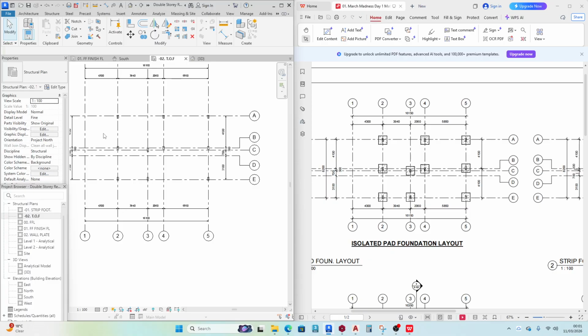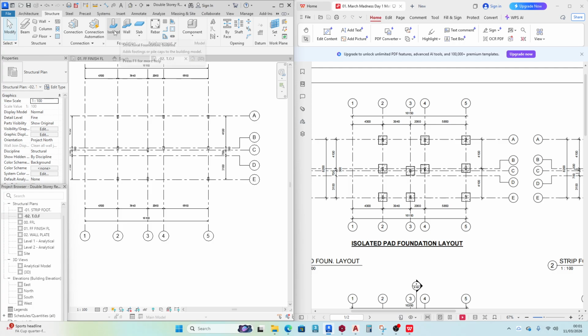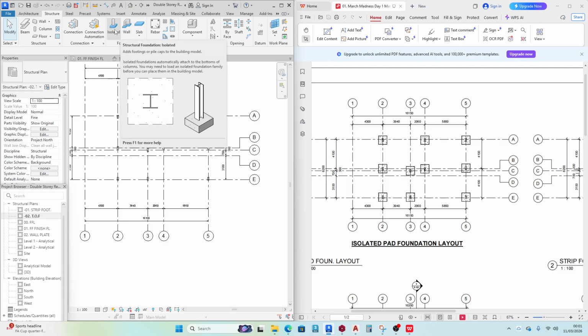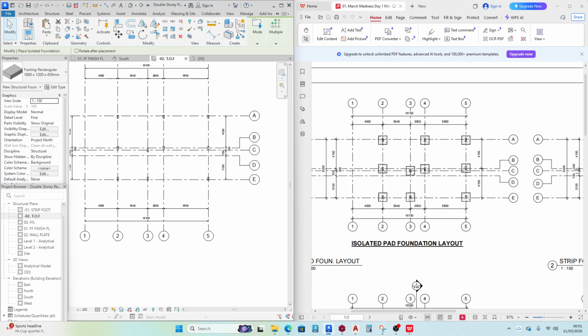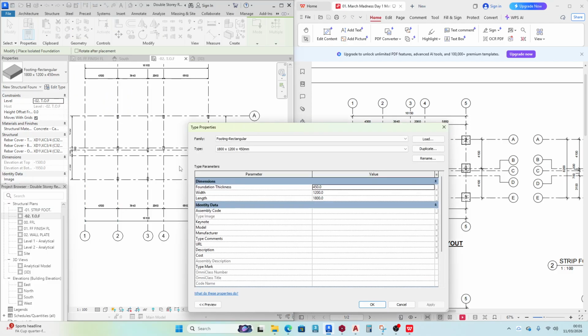If you're using hand calculations, you can try to design according to the bearing capacity, the length, width, and the depth of your footing. So I'll go to my structure tab and I'll go here to isolated foundation. When I click on it, it takes me to a default of 1812450. I think this is an overkill. So what I'll do is I'll go to edit type and I'll duplicate to change, and I'll propose